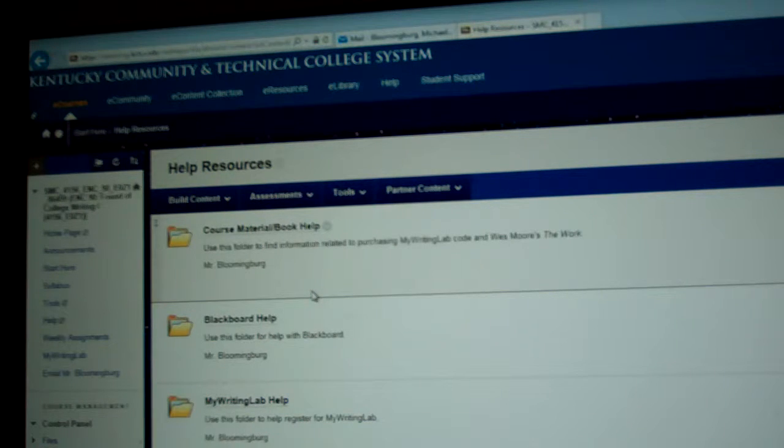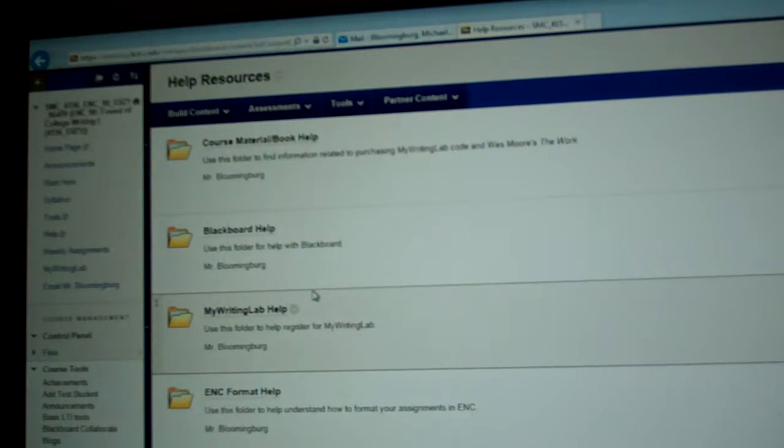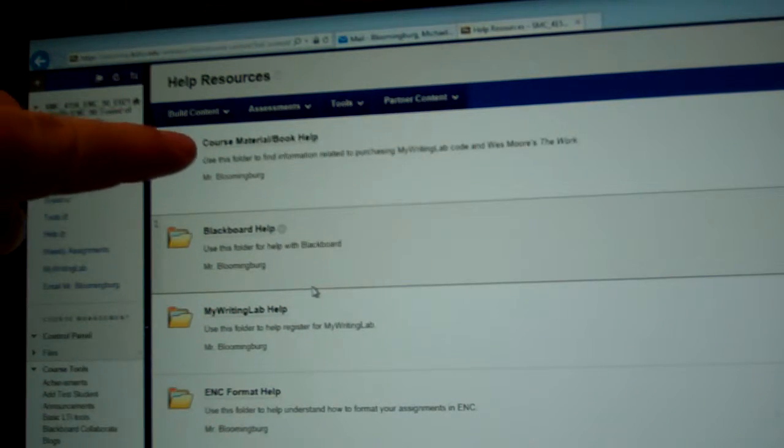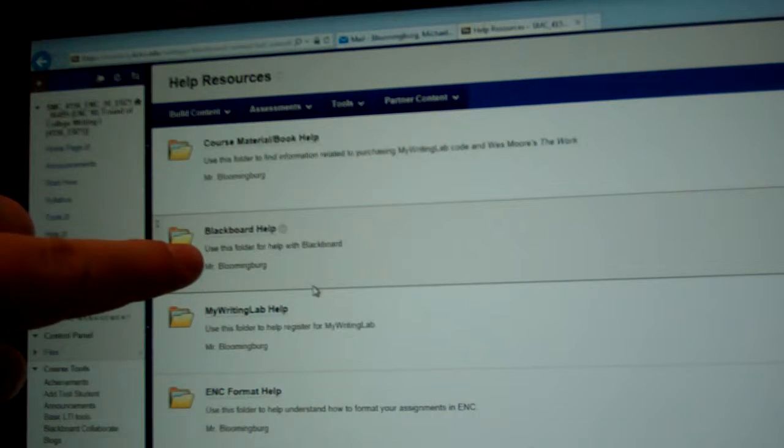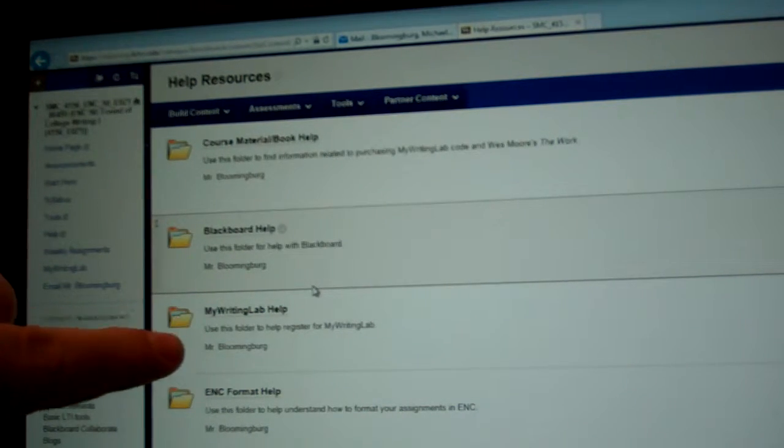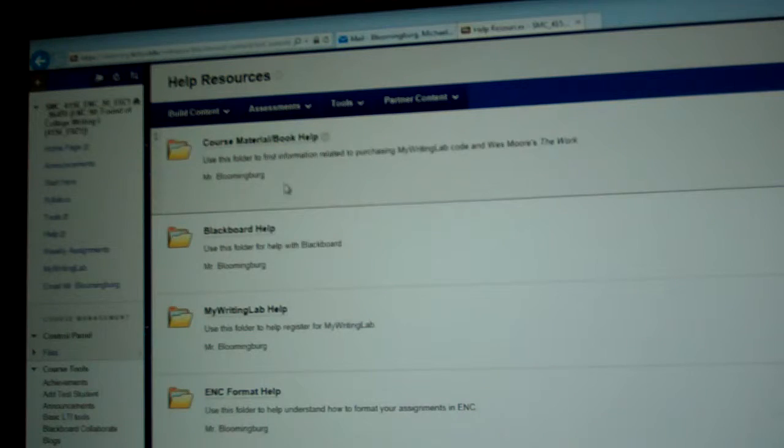Okay, so from the Help Here you'll see that you can find information like how to get your course code and Wes Moore's The Work. You can find Blackboard help, My Writing Lab help, and ENC format help. The biggest thing, especially if you're a student that's not a Somerset Community College student, if you attend a different KCTCS school, you might want to click that course material book help,